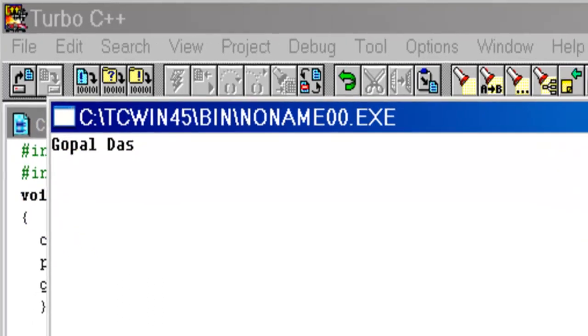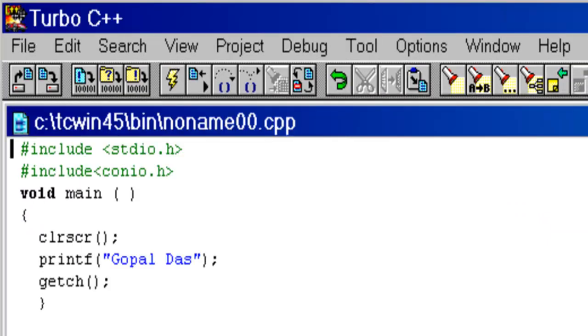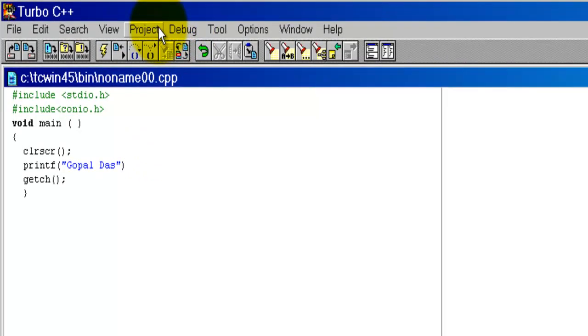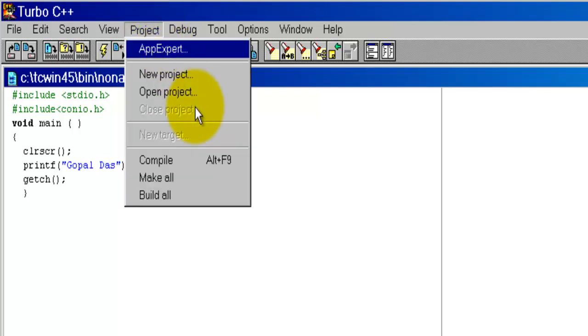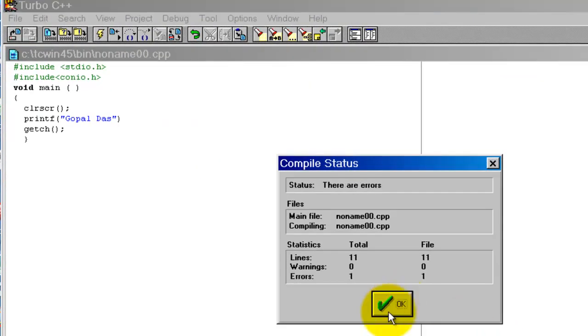If any mistake, if we carelessly make a mistake with the semicolon, we just make this mistake, then project, compile, it shows there is an error.